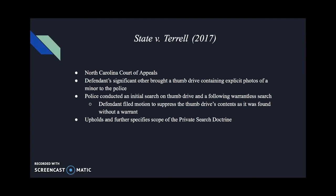evidence, and used that as evidence to obtain a warrant to examine the full contents of the thumb drive. The defendant Terrell in trial court moved to suppress the information garnered by the warrant as a result of the follow-up search, as he believed it had violated his Fourth Amendment rights, prohibiting unreasonable searches. The trial court ruled that the follow-up search and the search warrant were lawful under the private search doctrine and